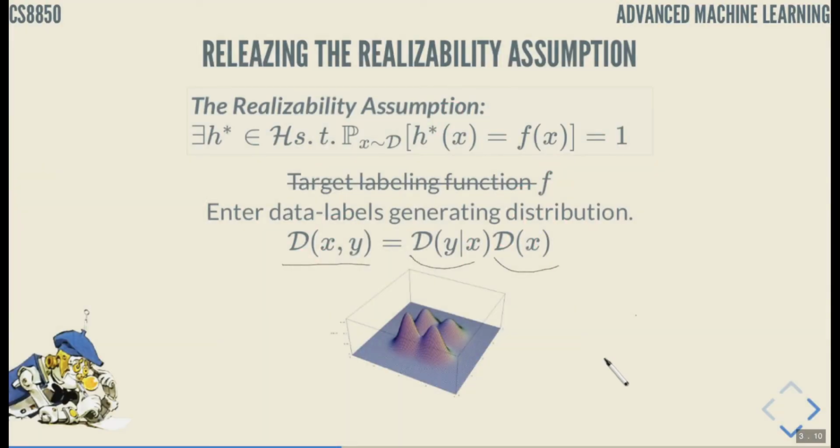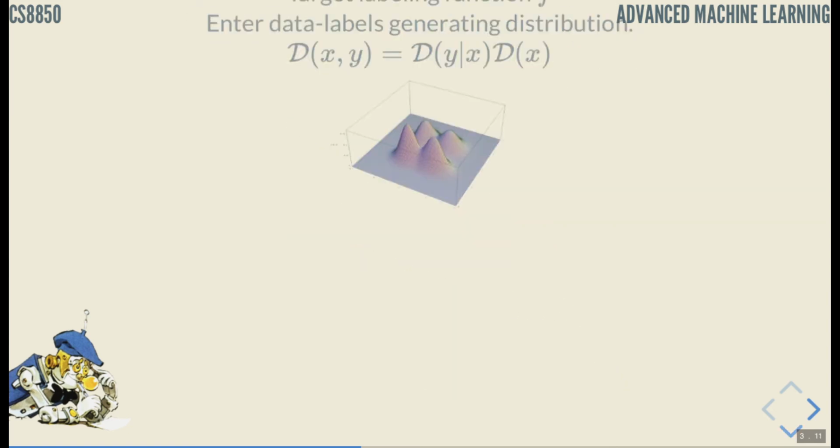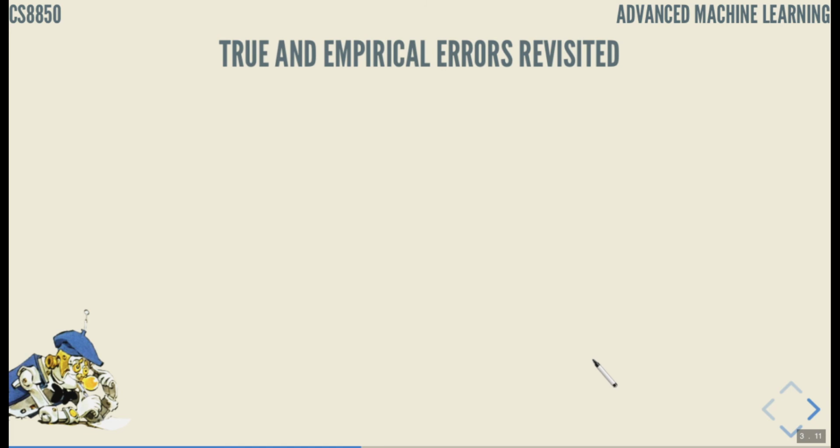What I'm trying to say here is that when we replace the target labeling function f with a conditional probability distribution D, the data generating distribution D, then